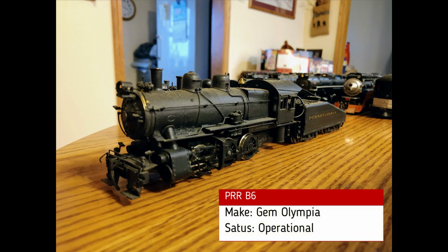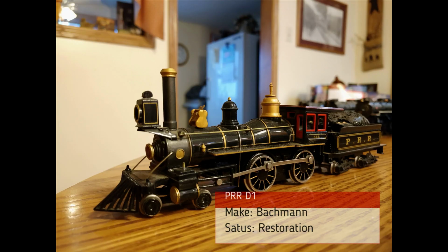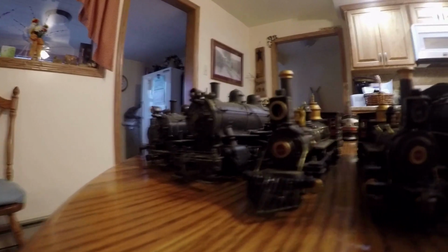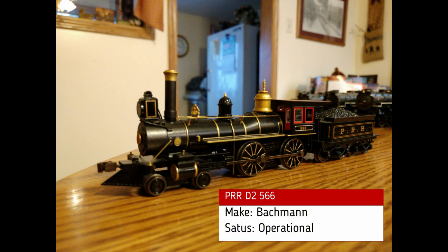Now we have an unnumbered B6. This locomotive is a brass engine by Gem Olympia. Now we have one of Bachmann's classic 440s. This locomotive, however, is unoperational, and I've backdated it to resemble a D1 class. Now we have one of Bachmann's later run 440s. This one most closely resembles a D2, but I have to do some more detailing to make it closer to